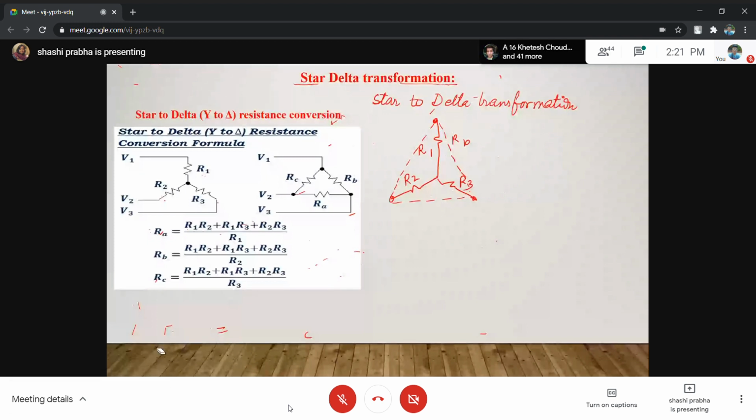देखो हमें स्टार दिया है, स्टार में क्या दिया है? R1, R2, R3 and this is RB, this is RC and this is RD. I want to convert star. ये form line है ना, this is given and this dotted line है, we have to find out. So we want to find, I'll again tell you the trick. RB, RA निकालेंगे, ये निकालना है. Okay. अभी इसमें क्या करना है? We want to find this one.